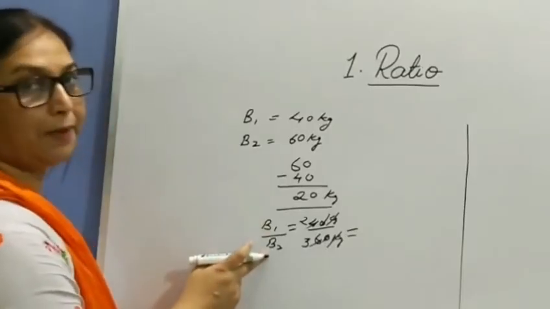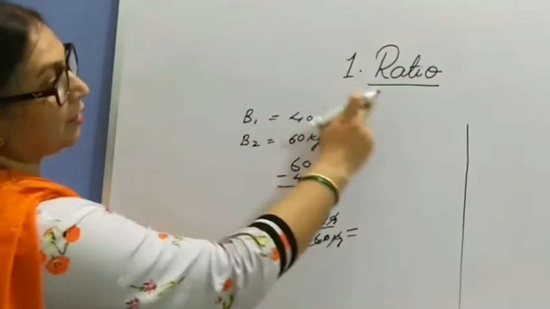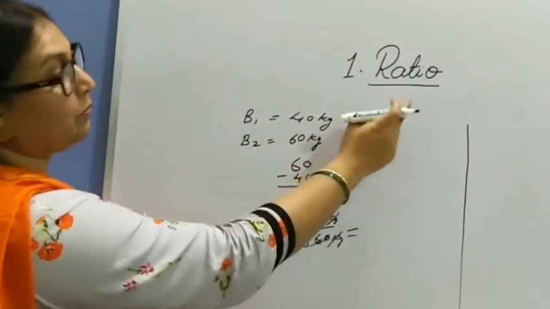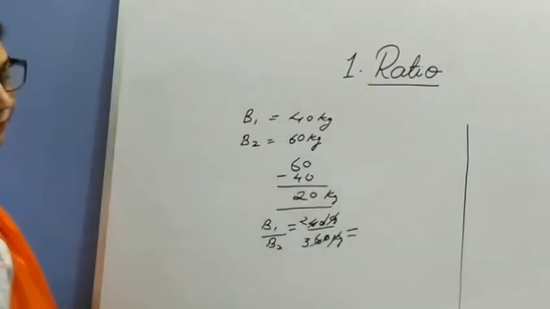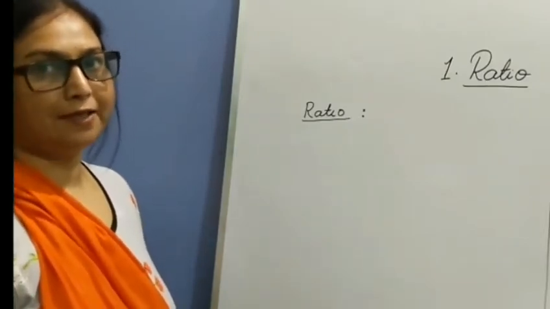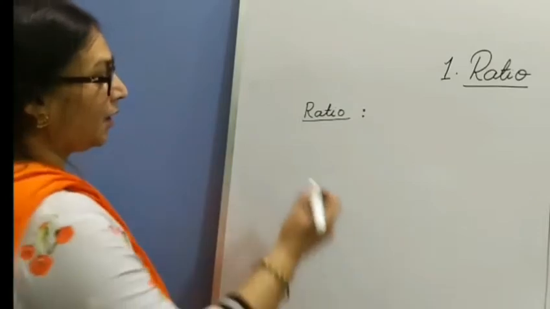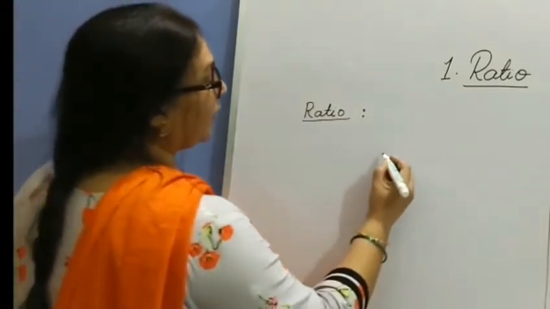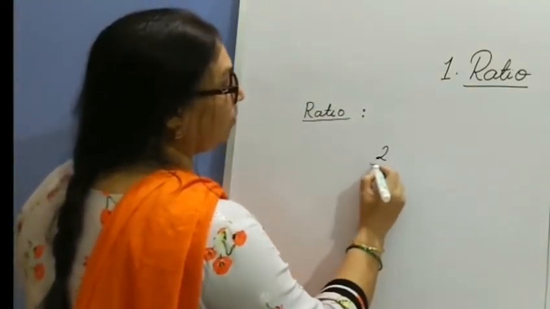When you divide and compare the two quantities, we reach the next stage called ratio. So let me explain ratio in detail. Hence, the ratio is the comparison of two same quantities in the same unit using the division method. Let me move to the previous example. It was calculated as 2 by 3.